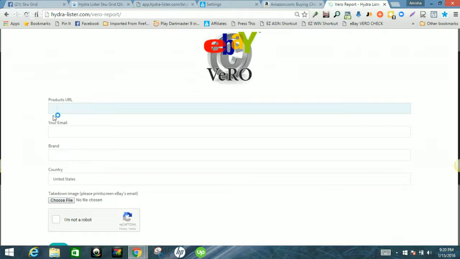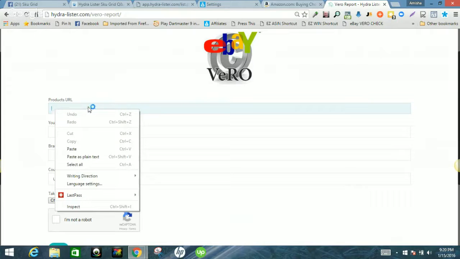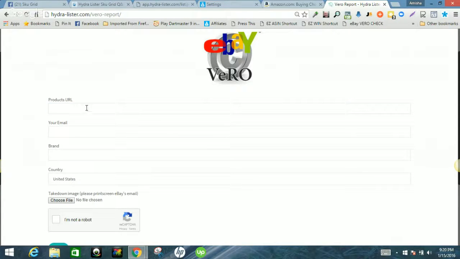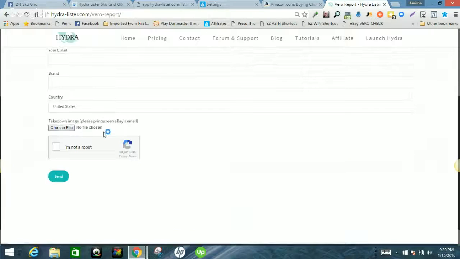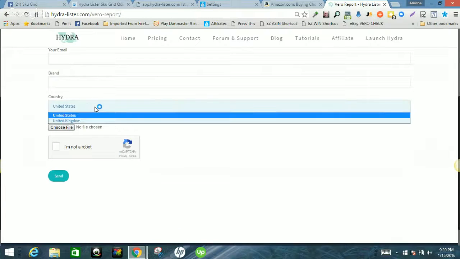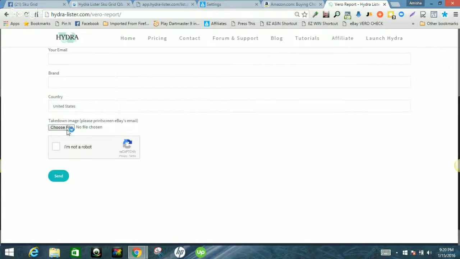But basically, you would just put in the supplier URL, the Amazon link, Walmart link, whoever, your email address, the name of the brand, select your country, the country that you were selling on, so the platform, eBay US or UK, and attach a screenshot of the email that eBay sends to you. Then you'll have to fill out this little CAPTCHA thing to prove you're not a robot,